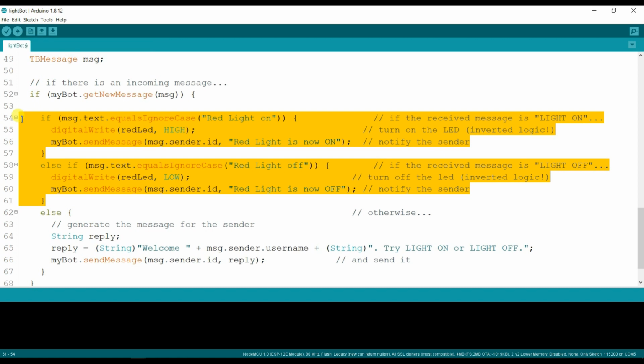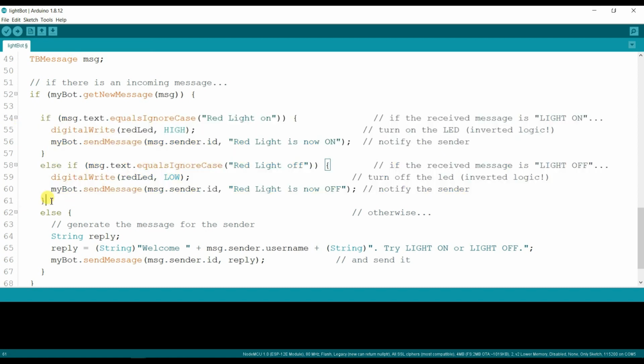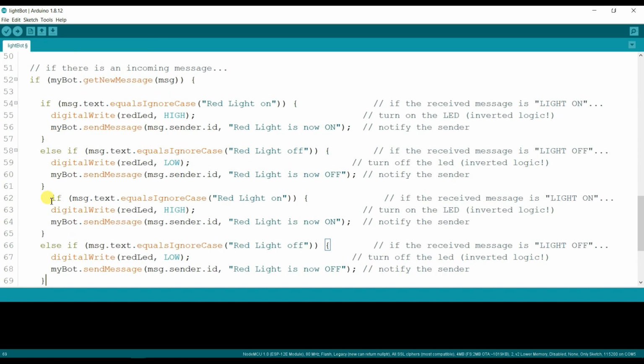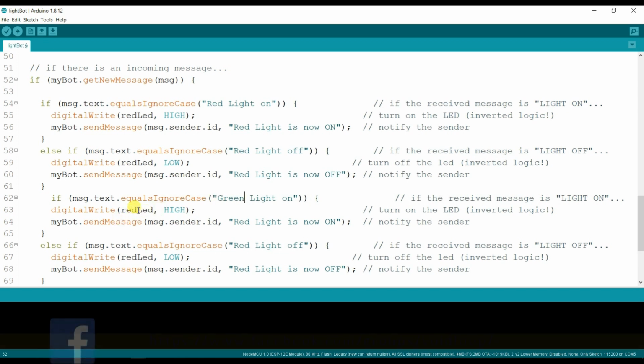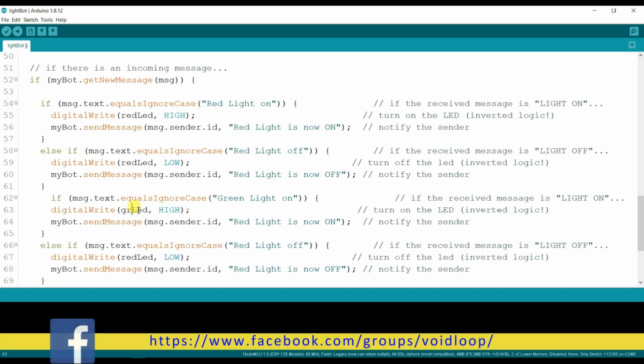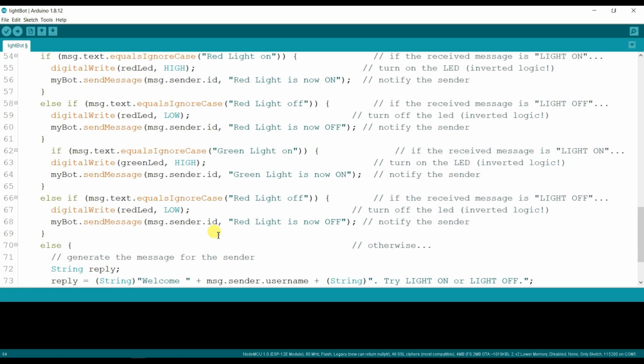I will copy all this and I will paste again here. I will type here green and here green, green.